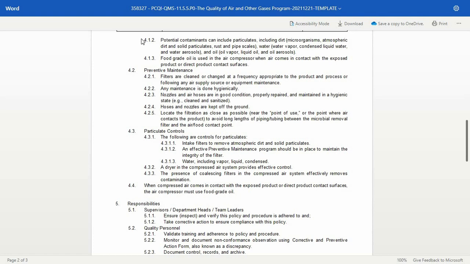Potential contaminants can include particulates, including dirt, such as microorganisms, atmospheric dirt and solid particulates, rust, and pipe scales. Water, such as water vapor, condensed liquid water, and water aerosols. And oil, such as oil vapor, liquid oil, and oil aerosols. Food-grade oil is used in the air compressor when air comes in contact with the exposed product or direct product